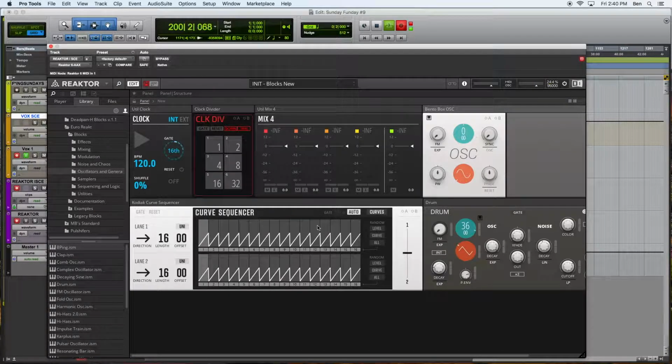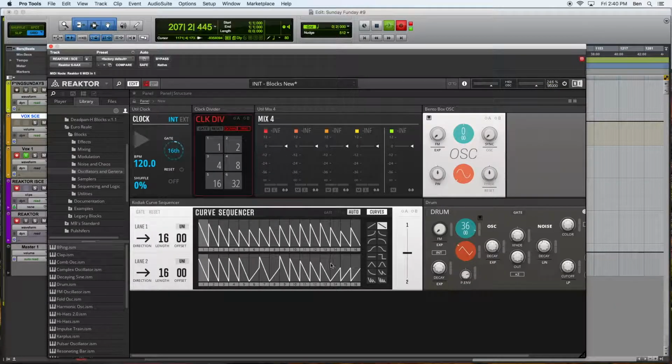So let's take a look at the different curves. What's really cool about this Kodiak curve sequencer is it's basically the sequencer that is available for you to use inside of the Massive synth. So anyone who's familiar with Native Instruments Massive, this is the modulation sequencer that you have available, and